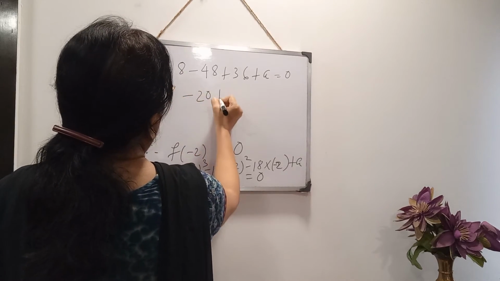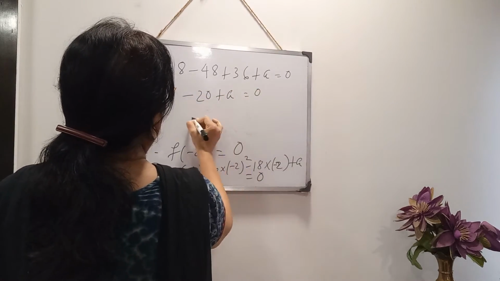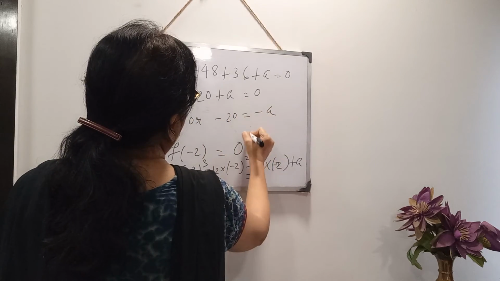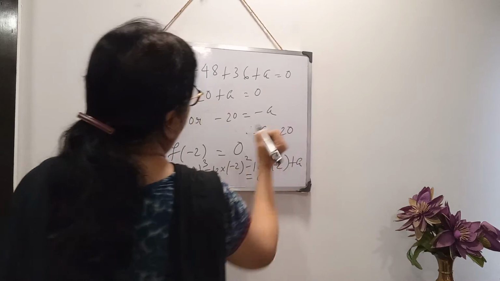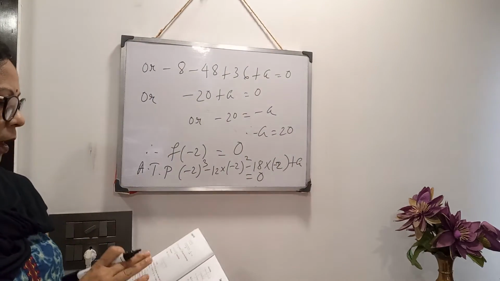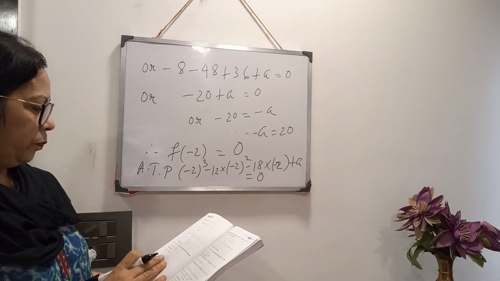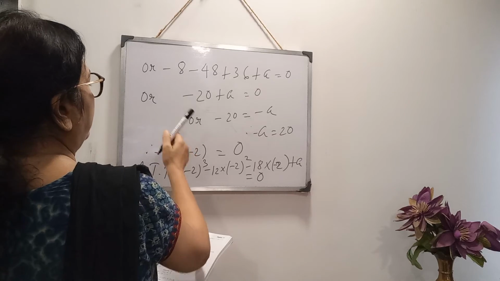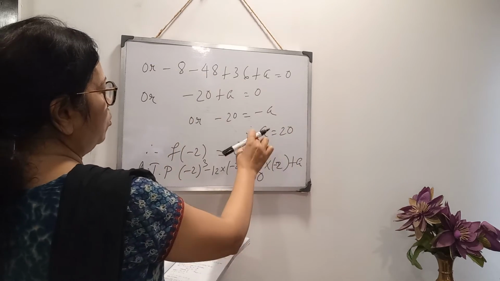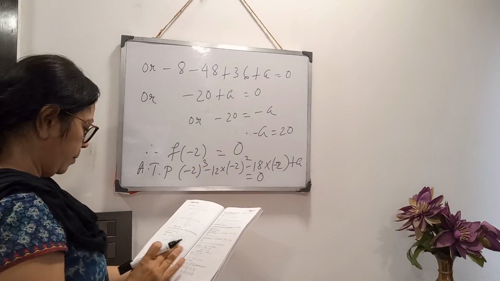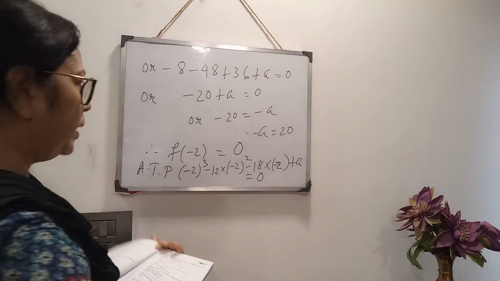-20 plus a equal to 0, or a will go that side, therefore value of a is coming 20. Clear? So if it is given that this is a factor of that, then when you will put the value of that factor, then the polynomial will become 0. By applying that condition, we have got the value of a. Clear? Then next one,